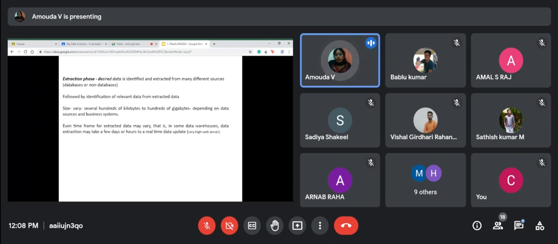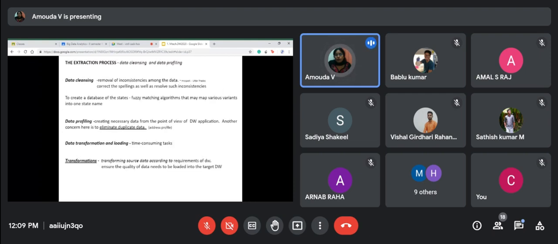Second phase is data cleaning and data profiling. We need to clean once the desired data is extracted. You have to look for the relevant data. The relevant data need to be extracted. It will take longer time with the size, with the time, everything. Then we have to switch to cleaning and data profiling. What is this cleaning and data profiling? The second step, that is cleaning, requires